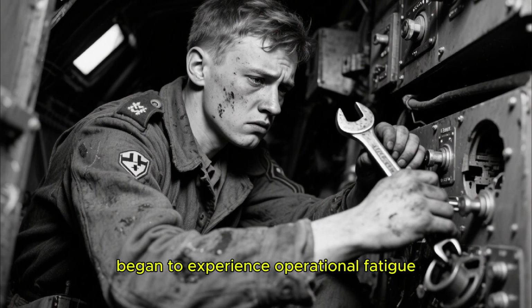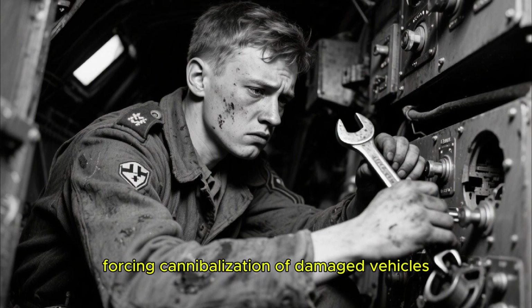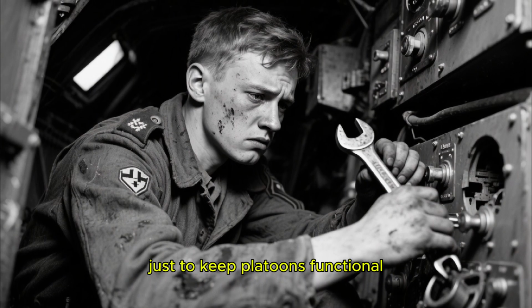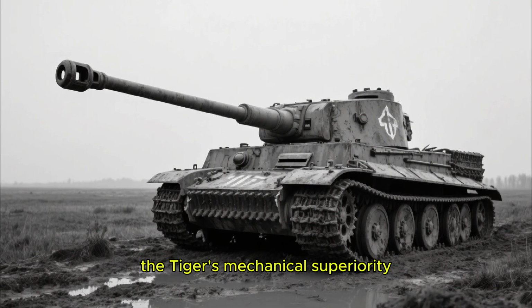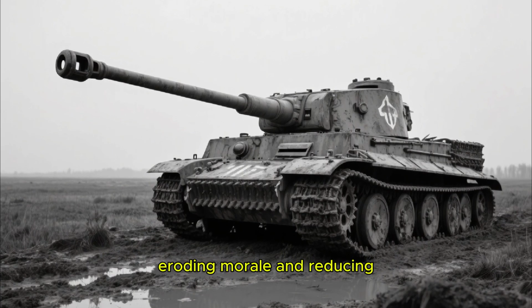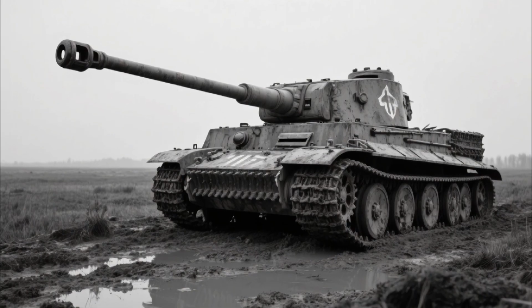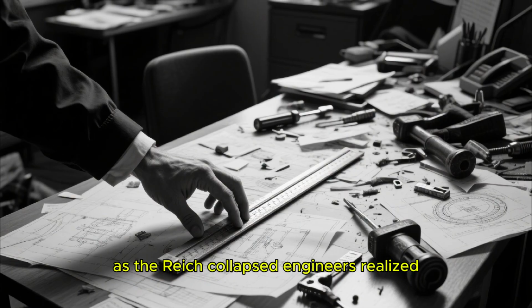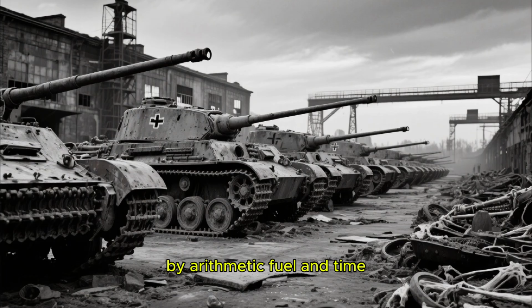German tank crews began to experience operational fatigue as spare parts vanished, forcing cannibalization of damaged vehicles just to keep platoons functional. The Tiger's mechanical superiority had become an unbearable logistical burden, eroding morale and reducing entire armored units to immobile fortresses. As the Reich collapsed, engineers realized their most advanced weapon had already been defeated by arithmetic, fuel, and